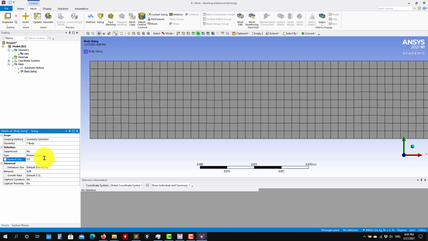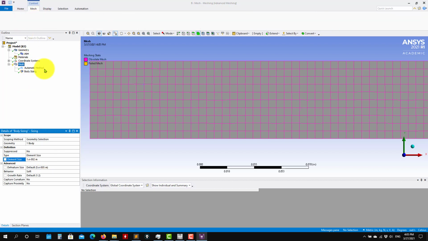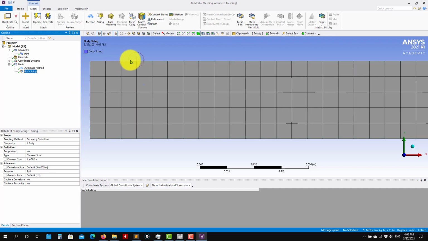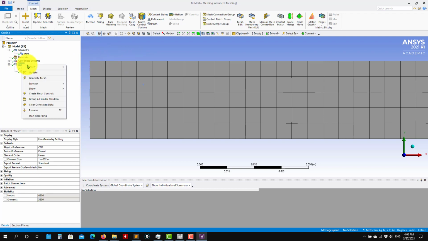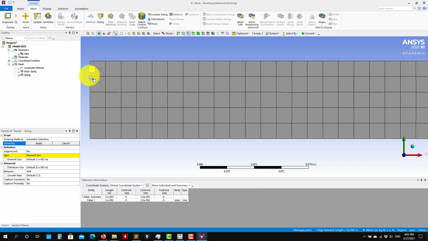Let me put it back to 0.1. That one is a little bit small. What else have you seen now? You can control locally, and you can apply this refinement in the whole surface, in the body, in an edge, or around a vertex. So I'm going to insert sizing, and here you have the type of selection that you want to do. I want to select an edge, select this edge,